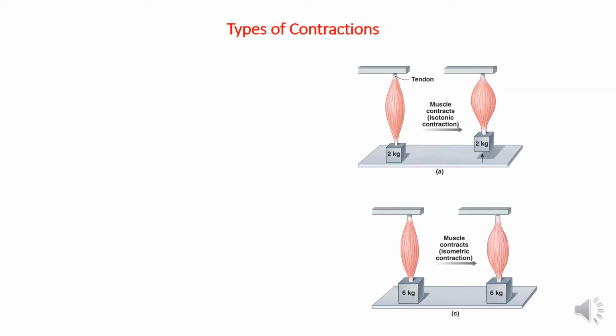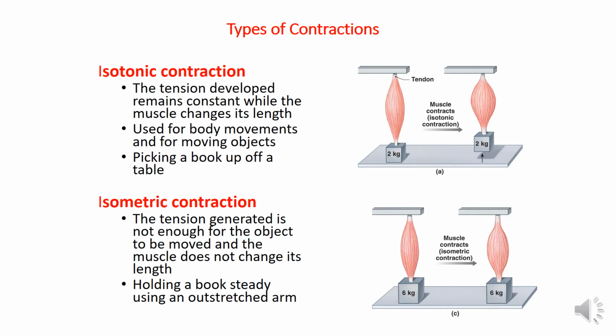Types of contraction. We have two types of skeletal muscle contraction. Number one, isotonic contraction. What's the meaning of isotonic contraction? The muscle is going to increase its tension, and then the tension becomes fixed to move that weight, and is associated with muscle shortening, and usually done for moving, for lifting or carrying light to moderate